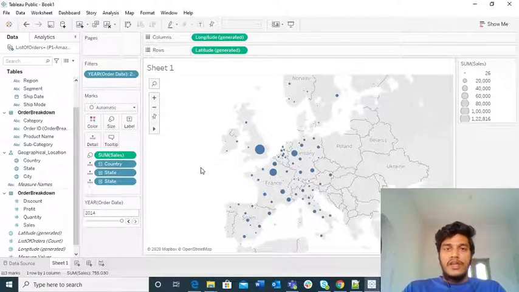In the coming video I will explain how to create a scatter plot as well as how to create a dashboard using this spreadsheet. But for now I am just saving it in one sheet, and I will create one more sheet with a scatter plot in the same workbook that I am currently using.